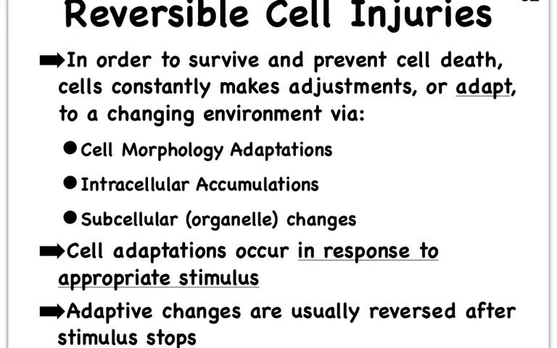We might see that literally they change shape, the cells. So their morphology, morph being the shape of the cell, changes, or they might start accumulating all kinds of things in the cells in an attempt to deal with the types of injuries that are affecting them. Or we may even see that organelles go through changes in an attempt to deal with the somewhat harmful, well, maybe we should say harmful stimulus, but a stimulus that forces them to make some adjustments. Let's put it that way.